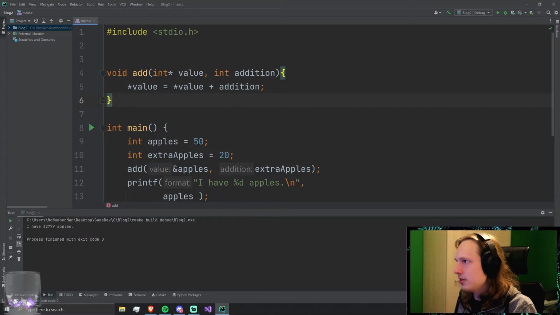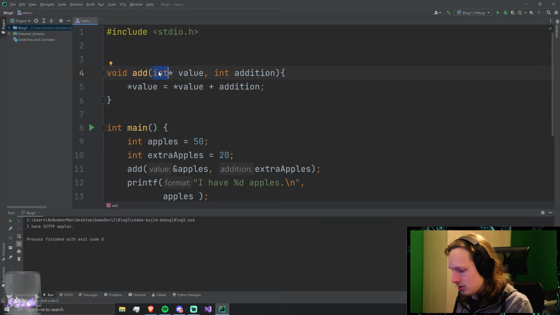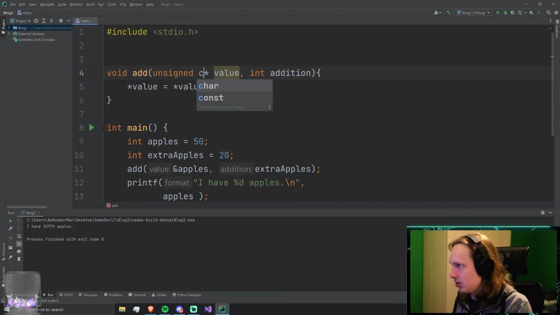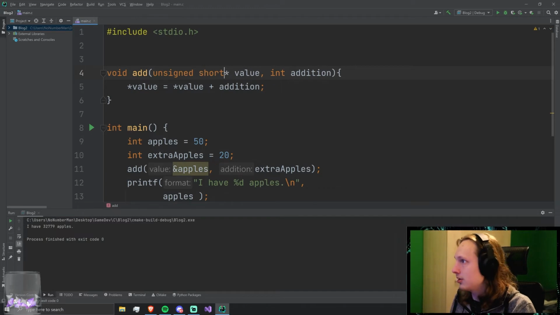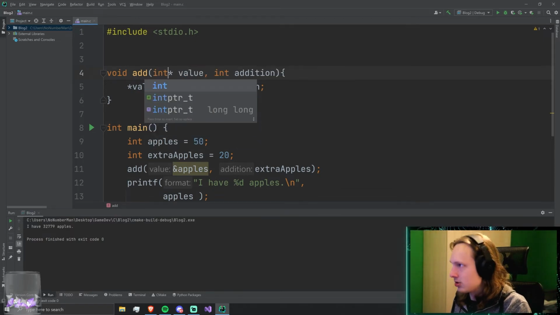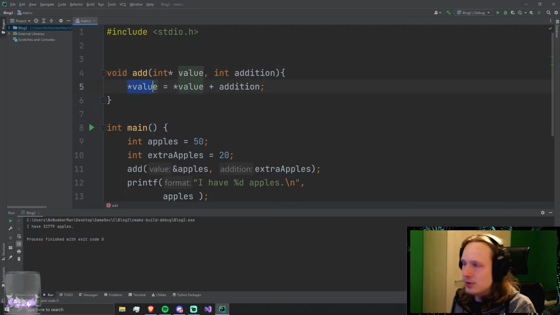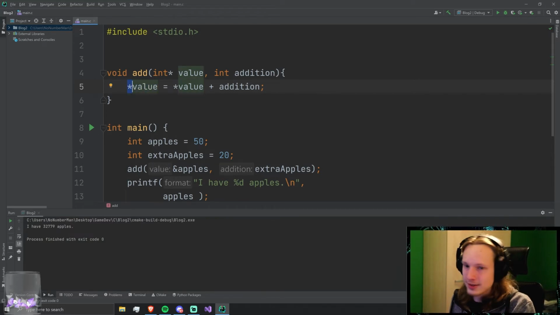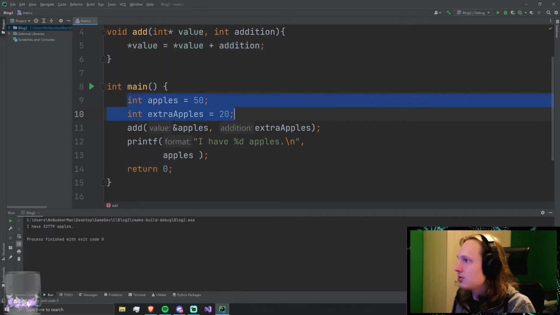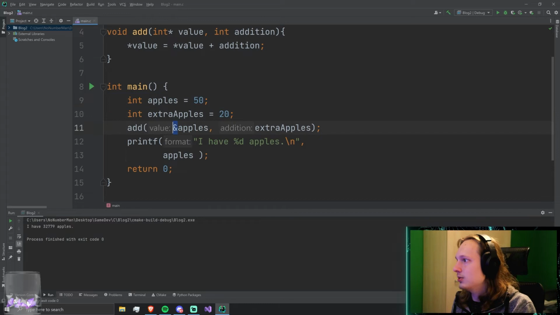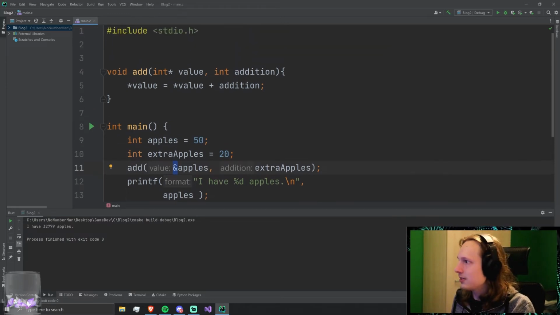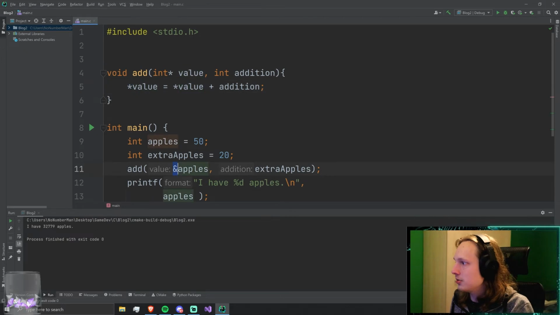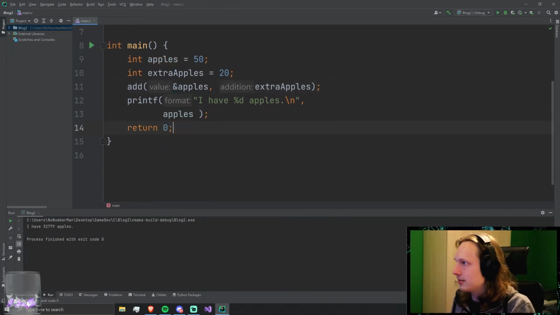Remember the syntax though. An int pointer value is just the memory address of an integer. I can of course make this some char or some unsigned short, for example. You can put any data type in here. Even if we make a struct, you can put that in there. Now, let's change it back to an integer. Then we can read whatever is at the pointer by dereferencing it with a star to the left of the value. And if we have some variable, we can get the address of that variable with the ampersand to the left. So the ampersand and the star do the opposite thing in this case.